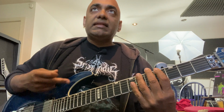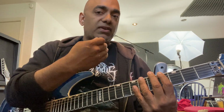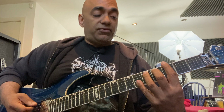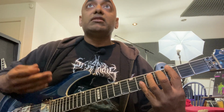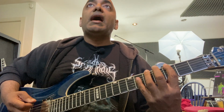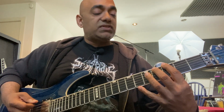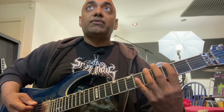Okay, right, now at this point we play the second part of the riff, and the main variation here is that we're changing the rhythm on the lower note, on the bass notes. So we're going to go down to the 4th fret of A, and we're going to go 4th fret, then we're going to play a group of 4 16th notes on the E string on the 3rd fret. Then we're going to go to the 6th fret of D, back to the 3rd fret with a group of 4 16th notes, again the 4th fret of A, 4 16th notes,